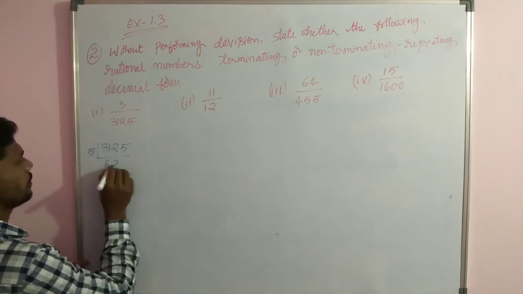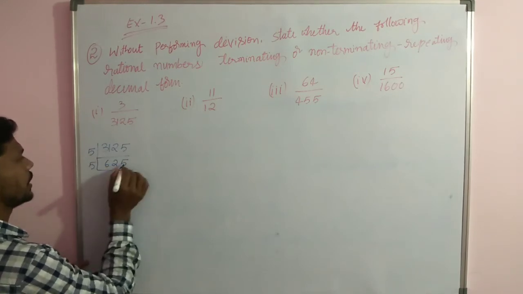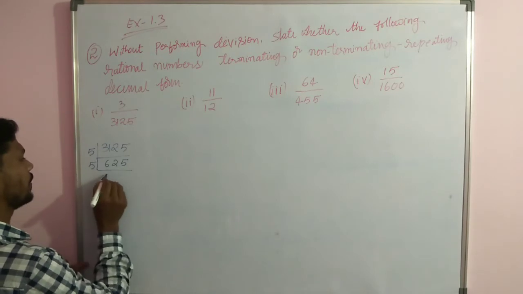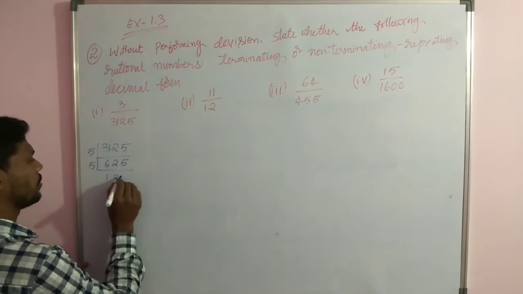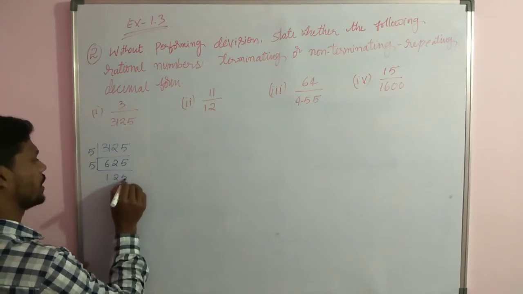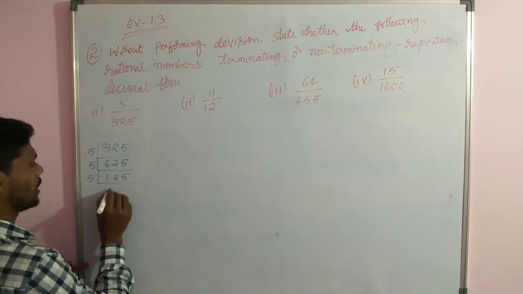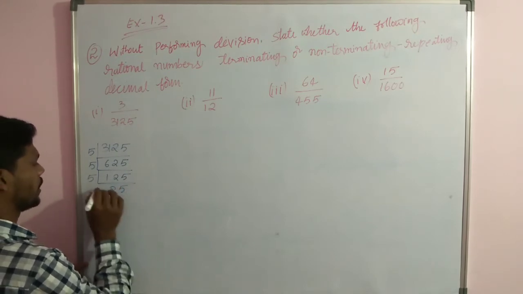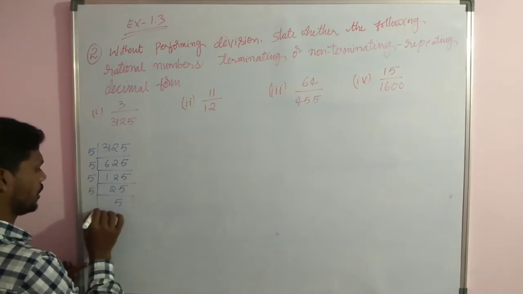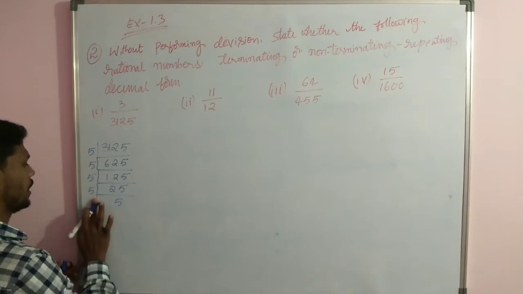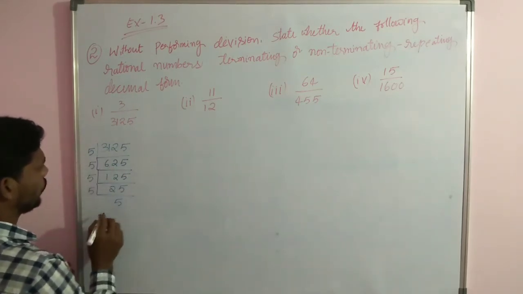5 sixes are 30, 5 twos are 10, 5 fives are 25. Again the units digit is 5, so take 5 as the divisor: 5 ones are 5, 5 twos are 10, 2 is a remainder, then 25, it becomes 5 fives are 25. Again the units place is 5, so take 5 as a divisor, 5 fives, again 5. So till here is enough. Why? Because again we get 5 only. So we have written 3125.